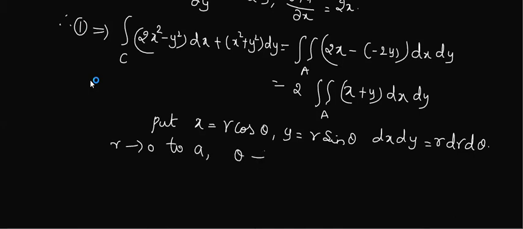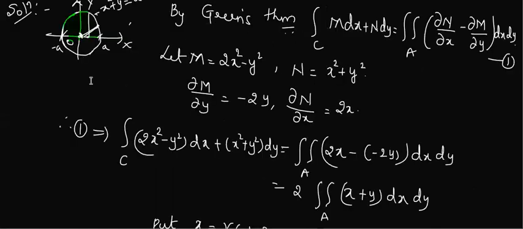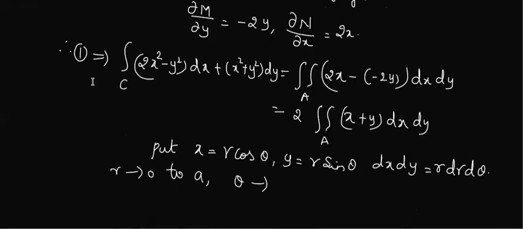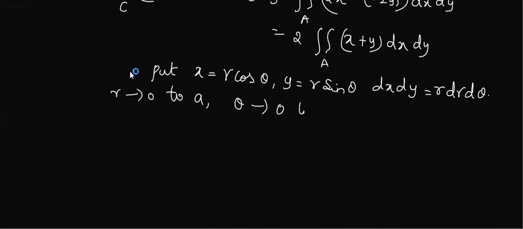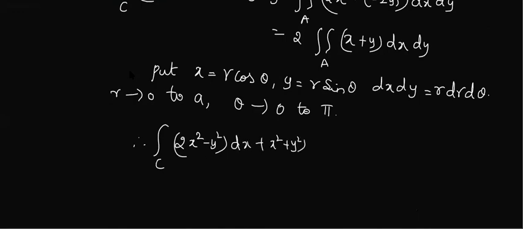Can anybody tell me the variation for theta in a semicircle? 0 to pi, madam. Very good. Pi. 0 to 180. Yes, this is my r, this is my angle theta. It varies from 0 to 180. Done. So all these changes, just substitute here. Therefore, line integral over C of 2x square minus y square dx plus x square plus y square dy is equal to 2 into integration. See, both are now constant limits. So is it okay if I write any order, or do I have to write something inside and something outside?